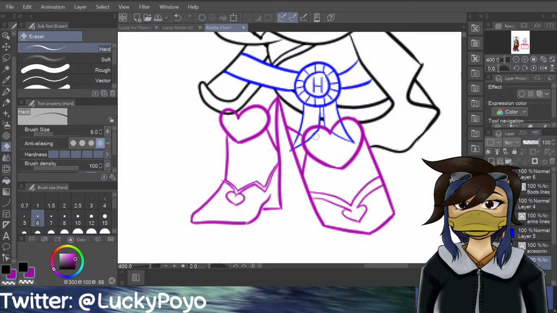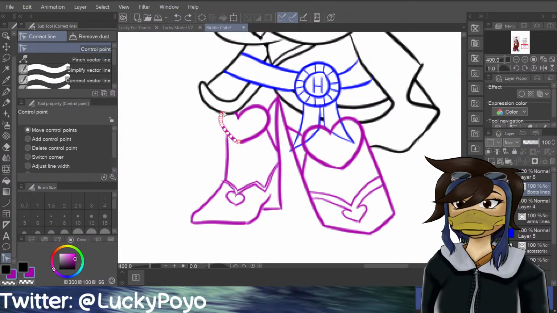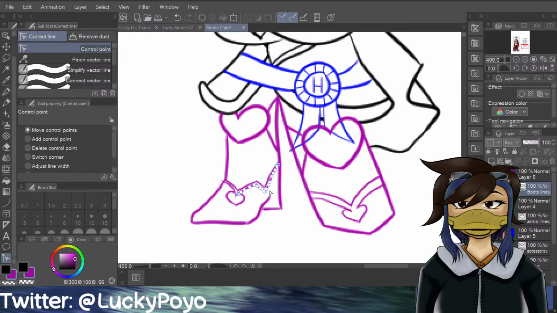Feel bad for this little ribbon. Ooh, I need to delete the boots lines there. Okay, that line is going a little too far. When that happens, delete any extra. There we go. And of course, this isn't gonna stay bright,